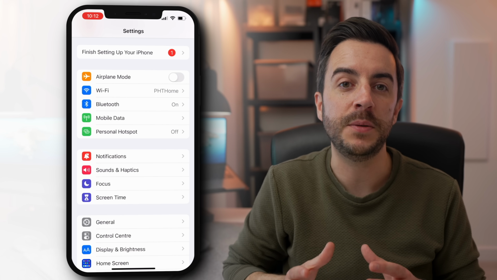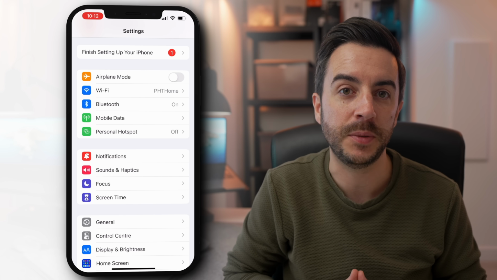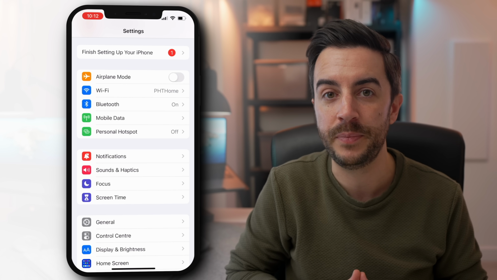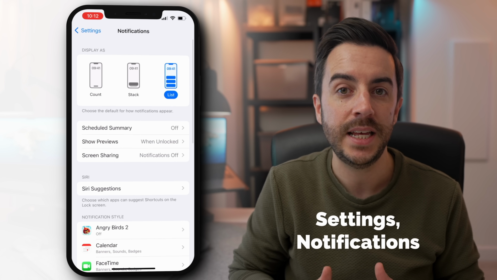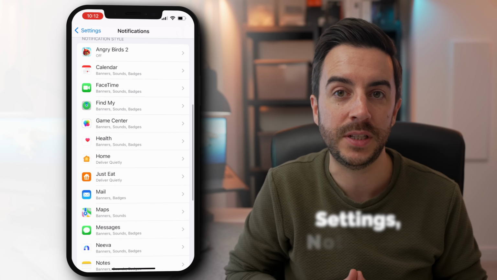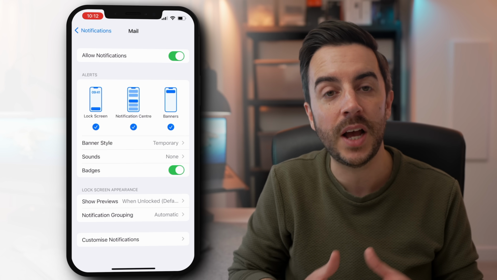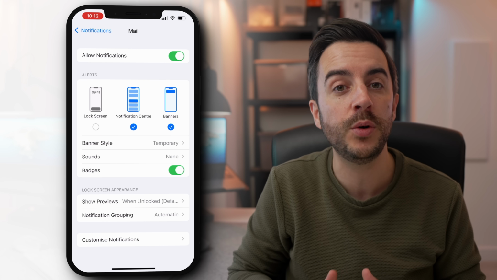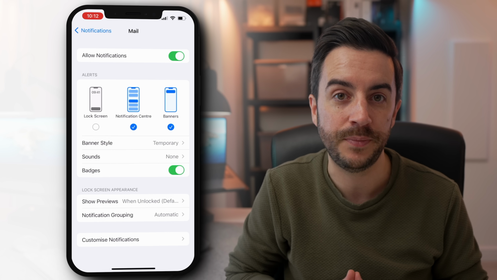The final option is to mute lock screen notifications for specific apps if you know that you've got a specific offender that always wakes you up. So if I go into Settings, then Notifications, and then tap on a specific app, here where it says Alerts, I can disable lock screen. Notifications for this app will still show, but crucially, not when the iPhone is locked, and so won't light up